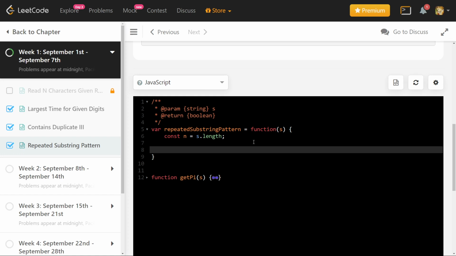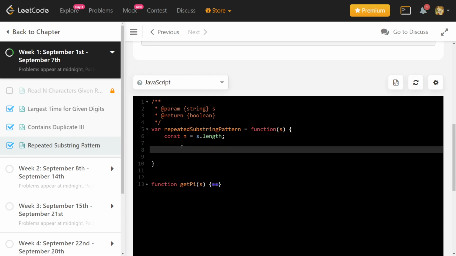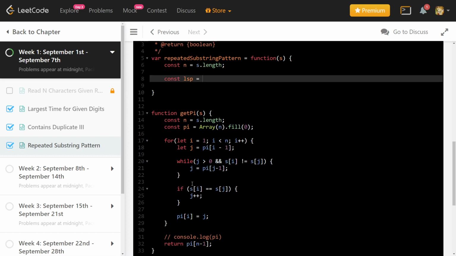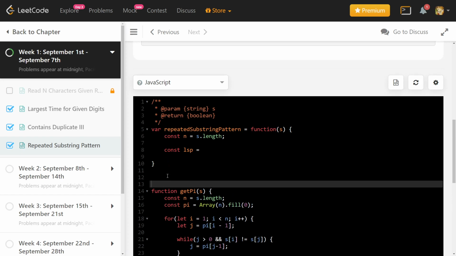So let's start. So that function will give me something which is called the longest suffix, which is also a prefix. Alright, so I'll explain what it means, and that is the function which I have written here, and I have just copied it from somewhere on the internet and tried to write it in JavaScript. So we will just talk about what this function does and not how.